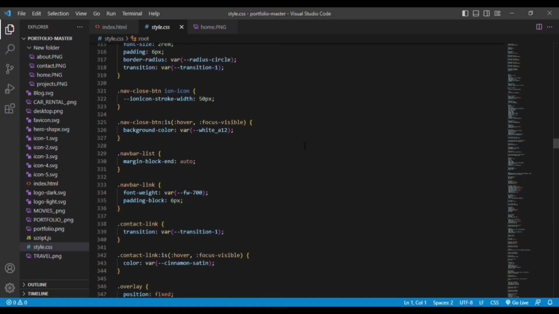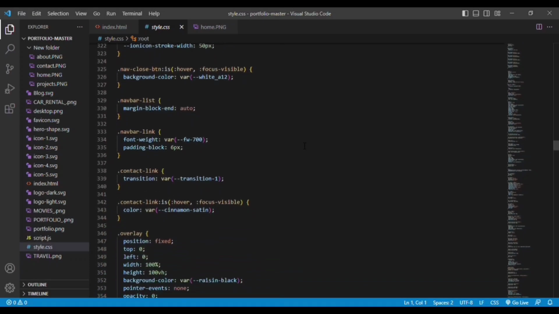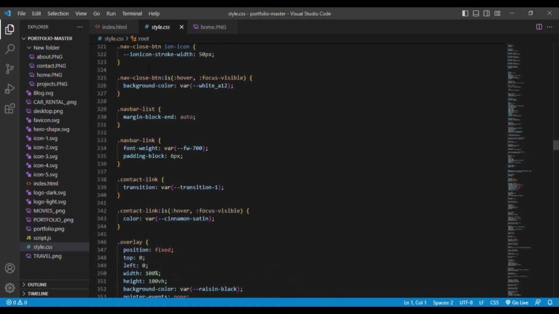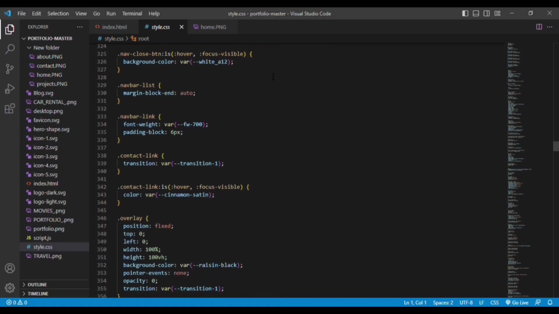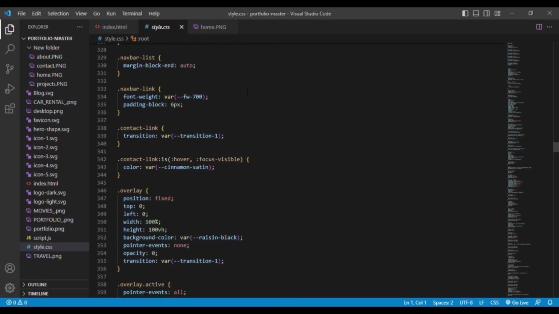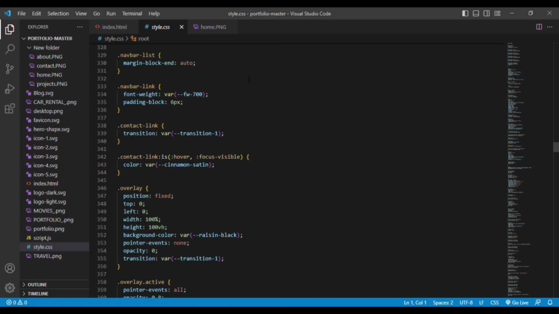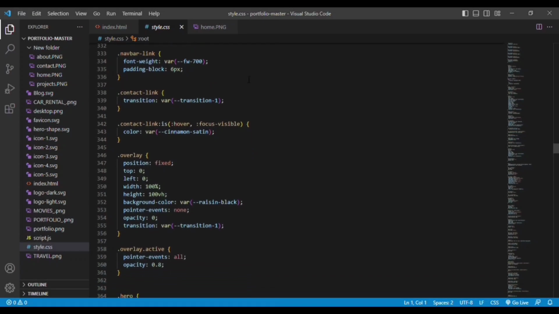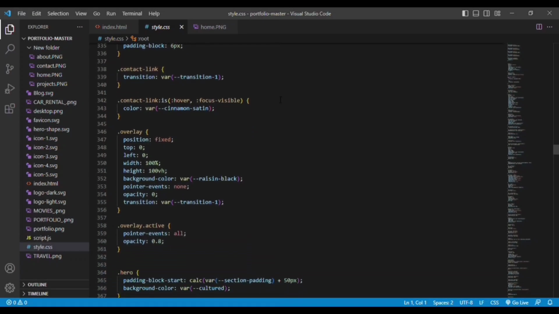Then we have nav close button, ion icon. For that we are having the stroke width, which is the width of the icon. And whenever we hover onto the nav close button, you can see the background color is changed. Then nav bar list, for that we are adding auto. Then nav bar link, this is for the mobile versions. Then we have the contact link